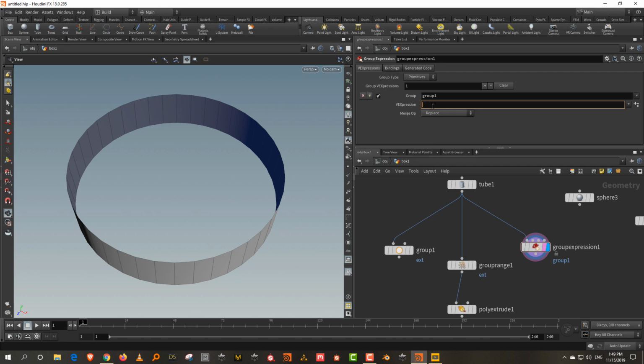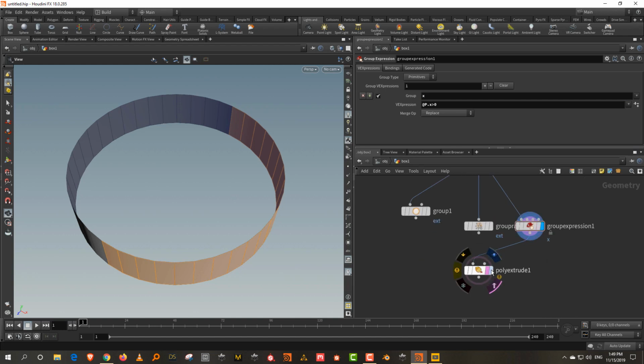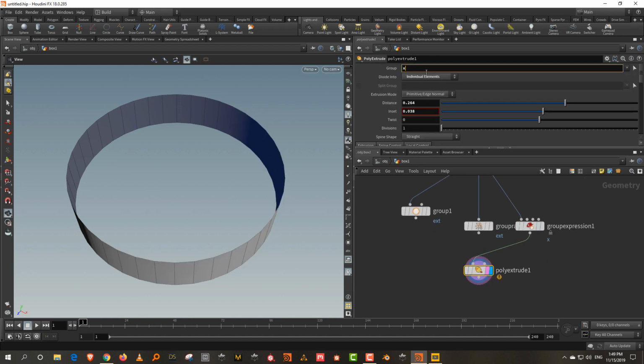And since it is coding, you always need to add an at sign before it. Okay, like that's the function. So you take an at and it's p, which is position, dot x. And we say p dot x is greater than 0. And you selected everything that, see, so that's the x-axis down here, like if you can see there. And so this is the positive, that's the negative. And I can just, I'll call it x, that's the group name. So I can feed this into poly extrude, and you'll have to change the group name, we'll call it x,